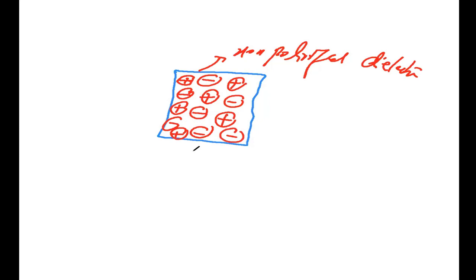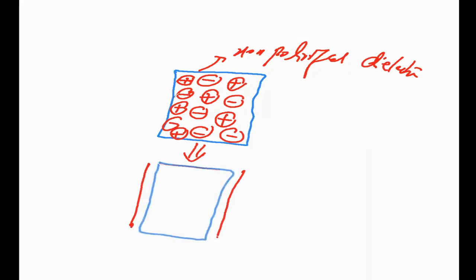Now, if I insert this dielectric between the capacitor's parallel plates, these are the parallel plates, and I insert that dielectric over here. Let's say this plate is negative and this is positive. So here I will get positive charge, but here I have negative charge. This electron will repel this charge, pushing it back this way, and will attract this positive charge. Now, if your dielectric is a best insulator, it means there is a strong attractive force.